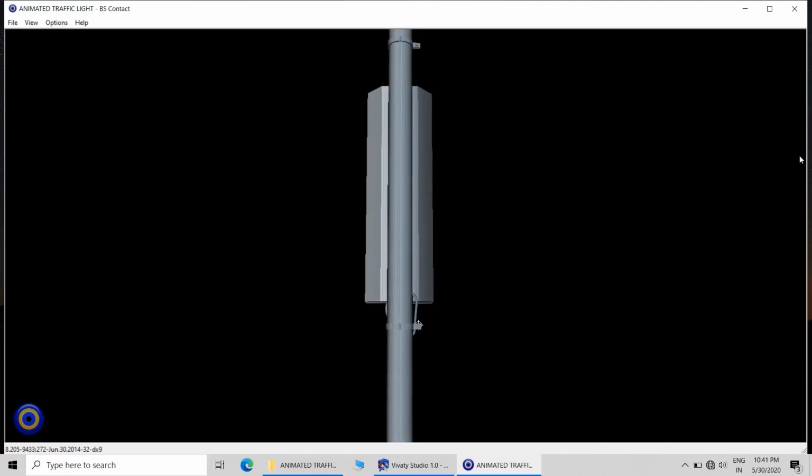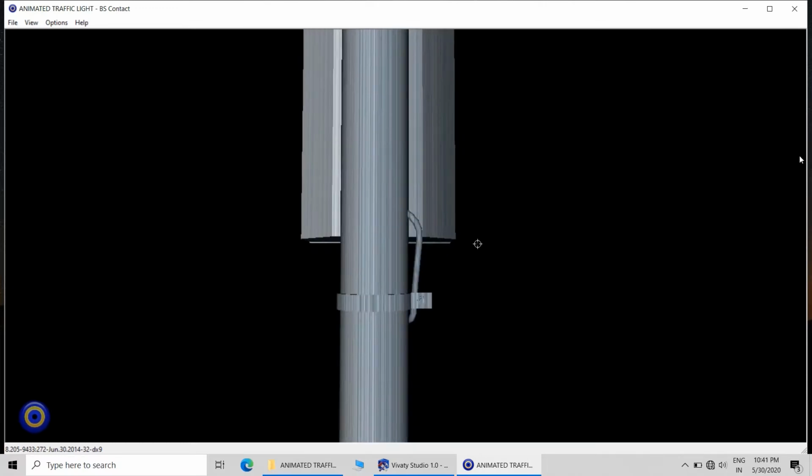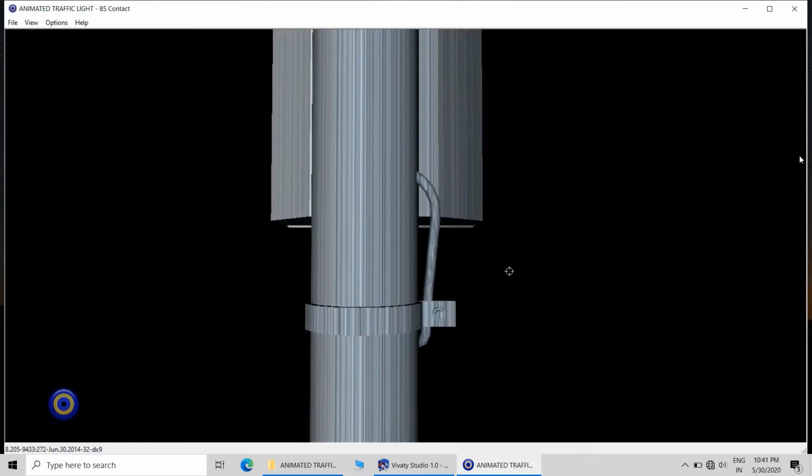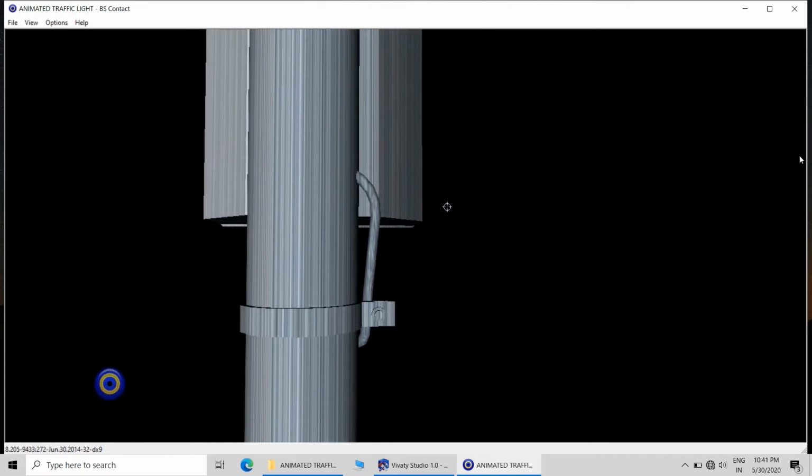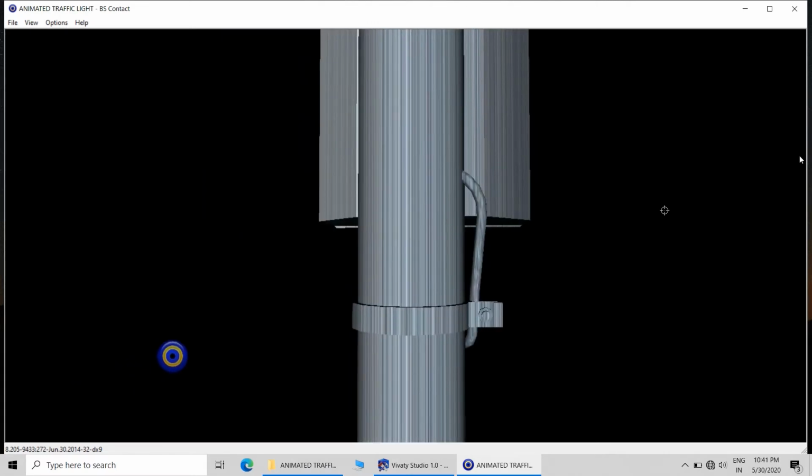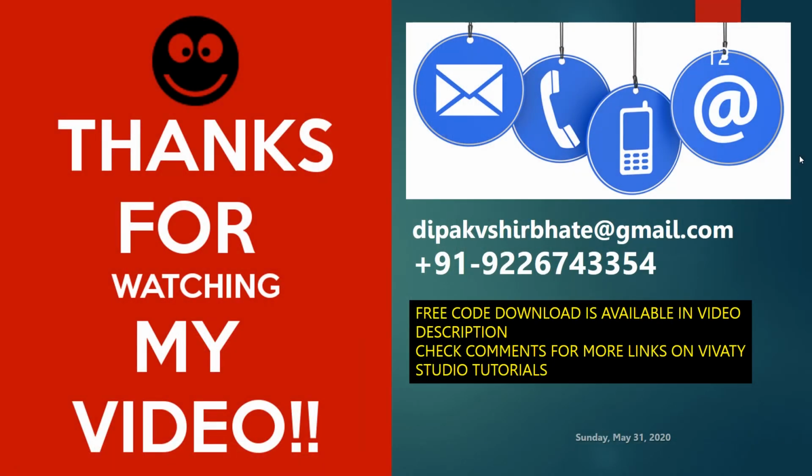So this is the beauty of downloading, because if you are modeling the lamppost or traffic light signal assembly on your own, you will not be creating wires and clamps and all those things and the circuit assembly. You will omit all these things, and it is quite time consuming and laborious also. So instead of that, I will always suggest that you should download ready-made 3D models. A lot of ready-made 3D models are available.